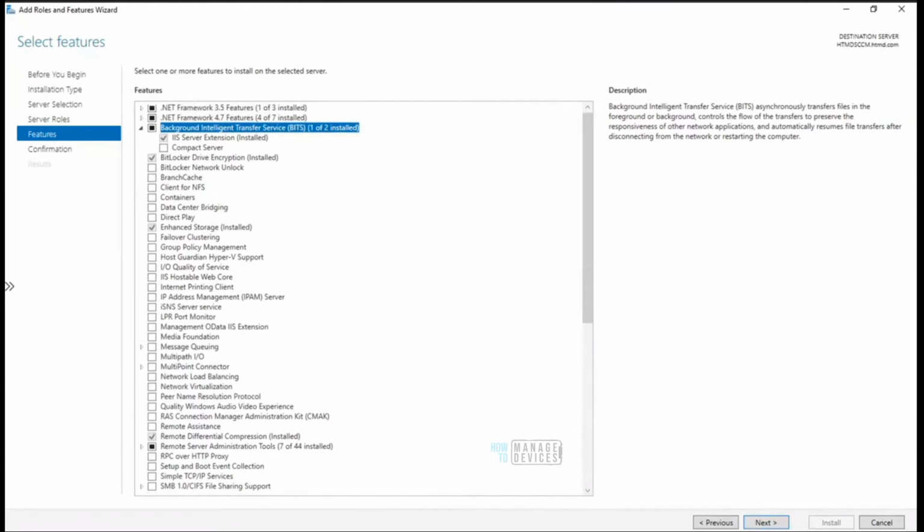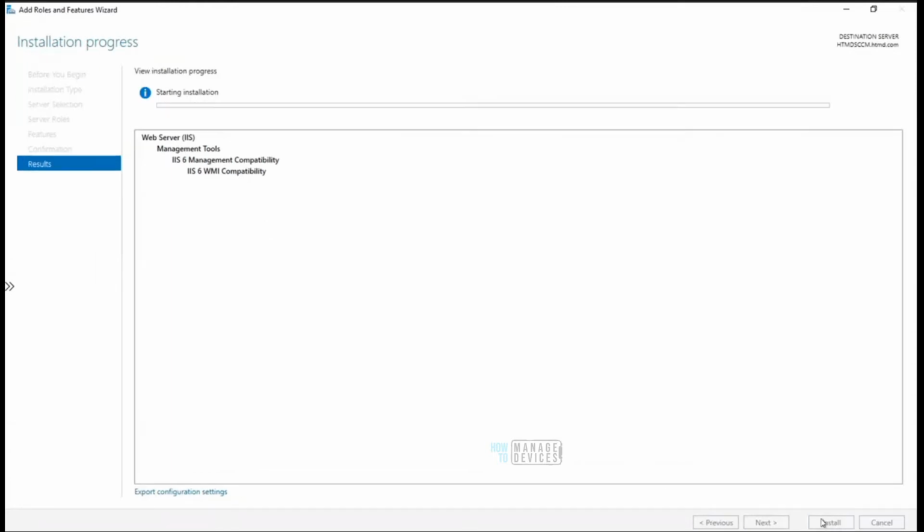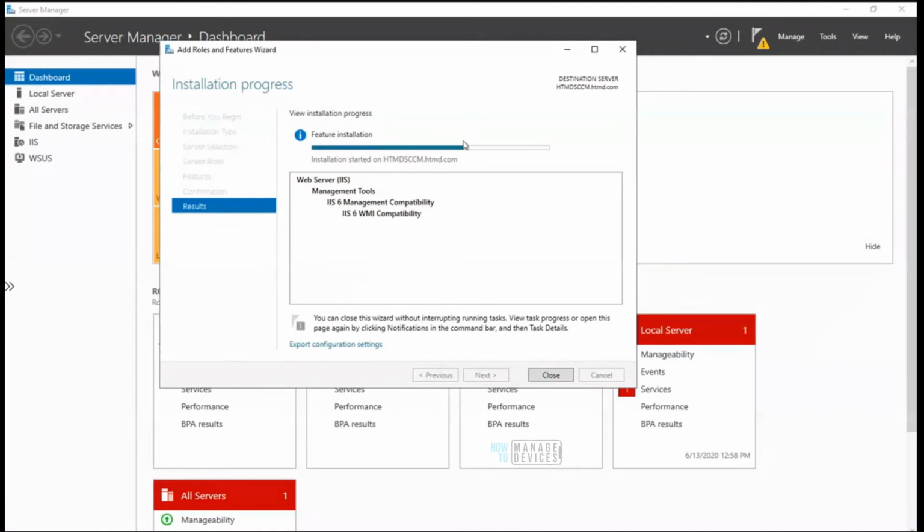Let's try to install it, and let's see what is going to happen when we try to install the distribution point. Probably it might fail, or if we have done everything correctly, it will succeed, as you saw with the MP installation. Okay, so let's get this installed. After installation of this component, we will start the installation of the distribution point from the